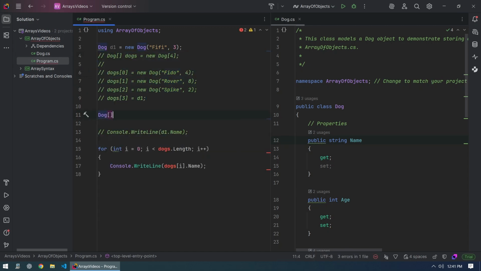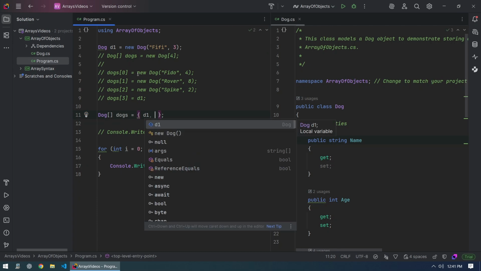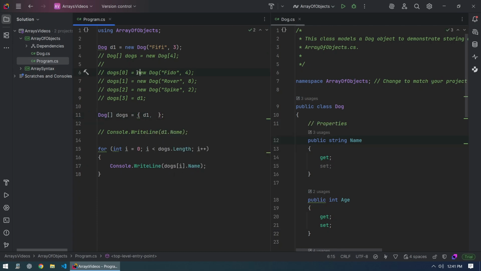And I'm going to define my array and then open up an initialization list. And inside of that, I can put an existing dog object like D1, okay, similar to what we did right here. But I can also add new instantiations into that array. So I can say new, I'll just copy and paste here,